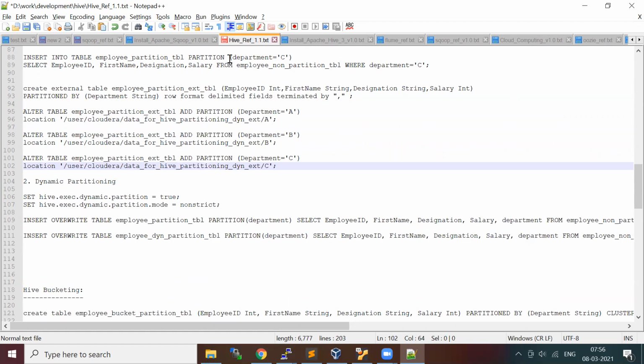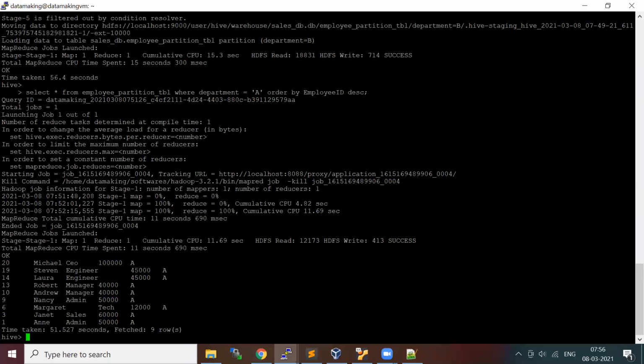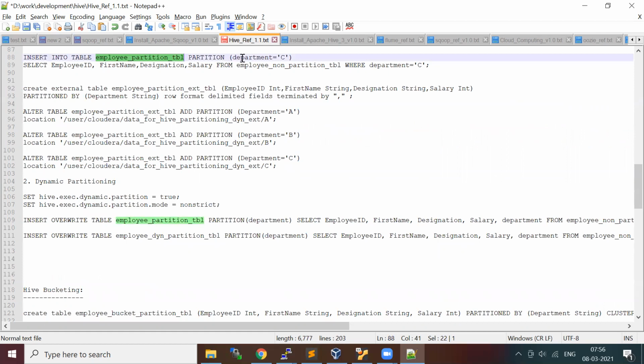Here, whatever we did till now on this table is a managed table. We just provide the partition value and select the data from the other table. Say if you have an external table, your data is already segregated by path. There is a certain path inside which you already have one directory for each department, and all the records that relate to that department are already segregated. Then you can alter the table, provide the partition value, and give this path. Similarly for the other departments as well.